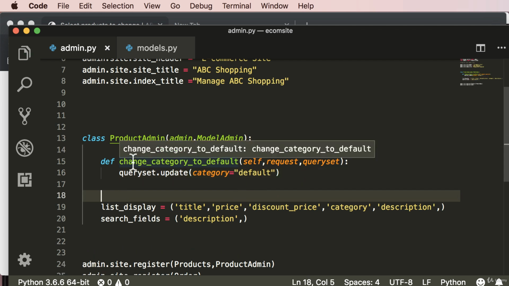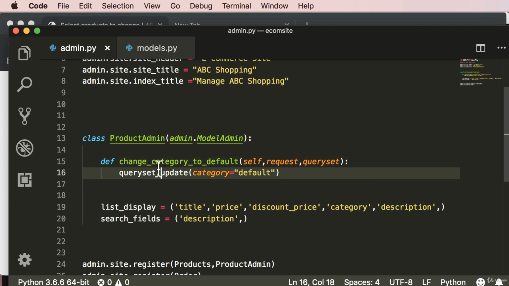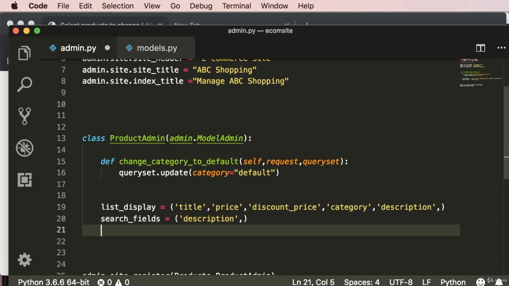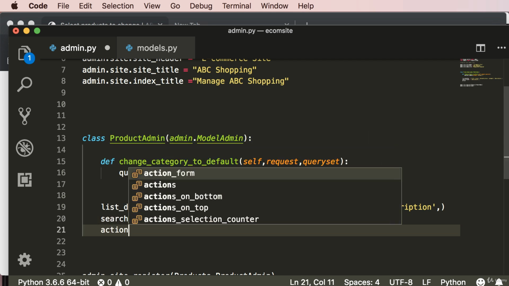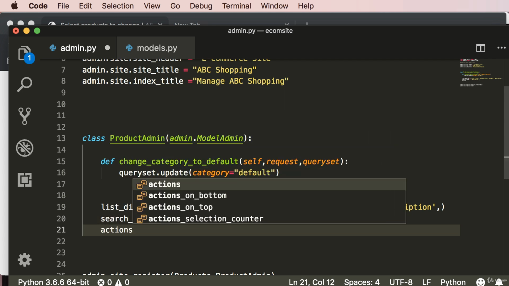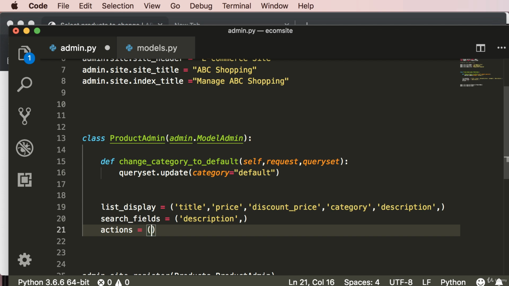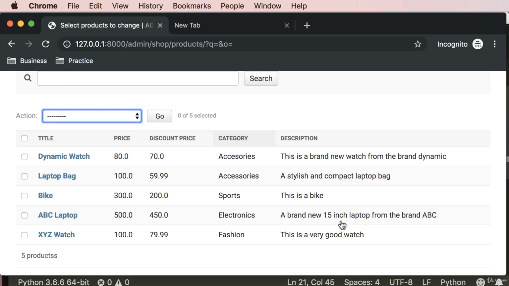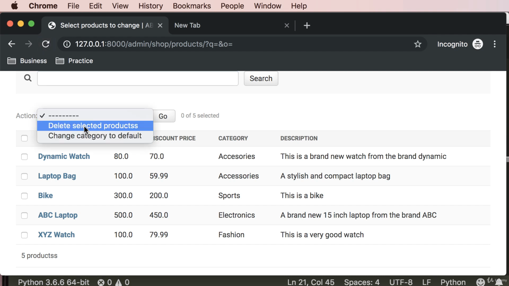Now as we have this method over here, you need to make sure to mention it inside actions. In order to modify the action list, you need to type in actions, and actions is going to include the methods which you want to be present in the action list. We want to add this specific method in there, so I'll paste it up over here, and always make sure to add a comma at the end. Now if I hit refresh and go over here,